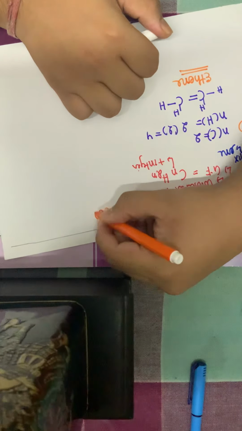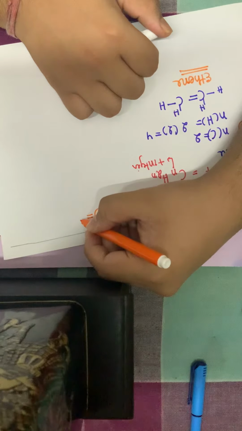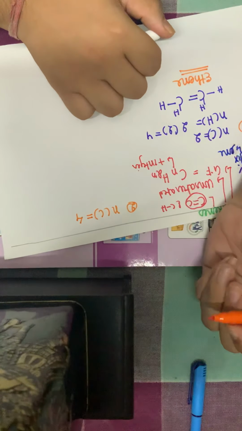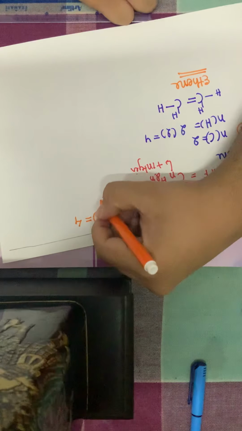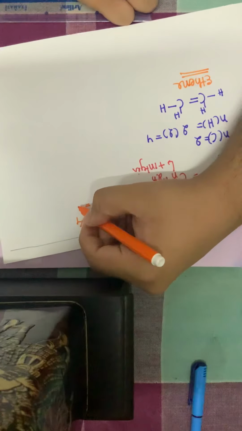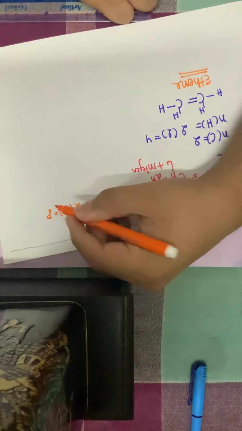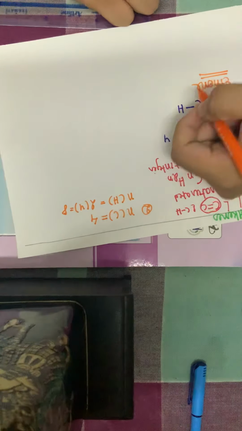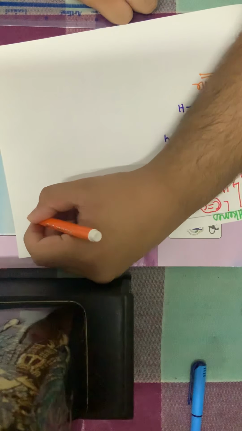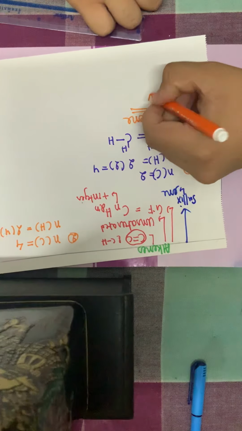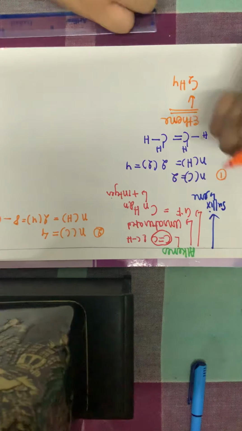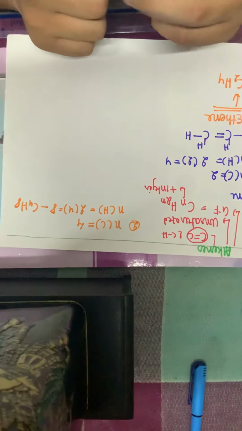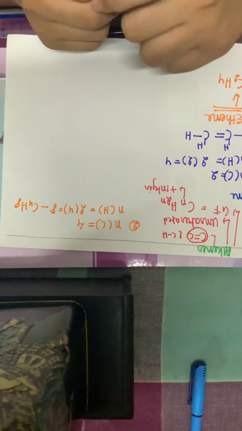Okay, another one. This was the first example, so I take up the second example now. The number of carbons is 4, so I need to calculate the number of hydrogens. The number of hydrogens will be 2 into 4, which is equal to 8. So the compound here will be C4H8. Just count the atoms in the compound to get its nomenclature. So C4H8 will be the compound.